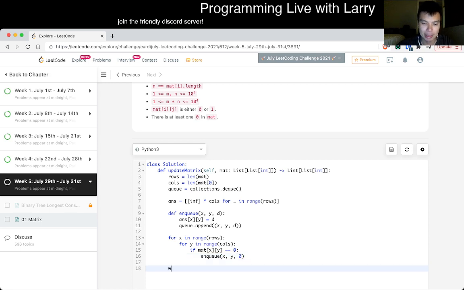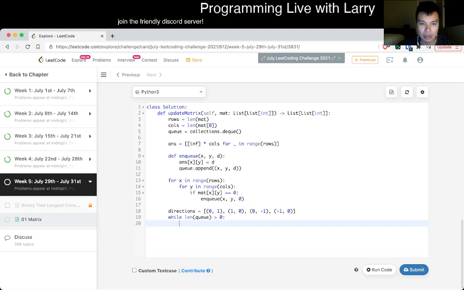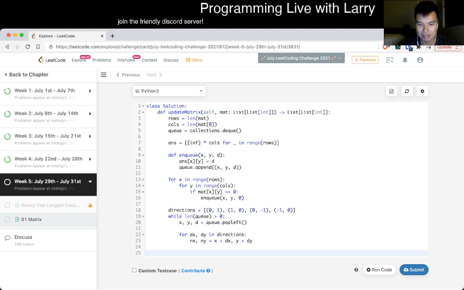And then this just becomes normal breadth first search. So while q is not empty, and this is standard stuff. I don't want to get into it too much if you're a beginner, and I apologize for that, but this is just a simple way, and I'll explain this part a little bit later. It might not make sense for now, but you also see me do this a lot. In this case now we dequeue x, y, d, and then this is just standard breadth first search stuff, to be honest. And just keeping it in bounds,